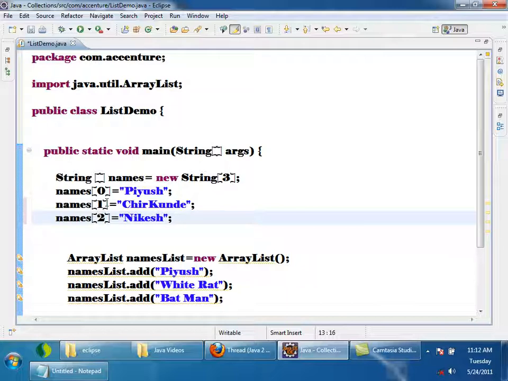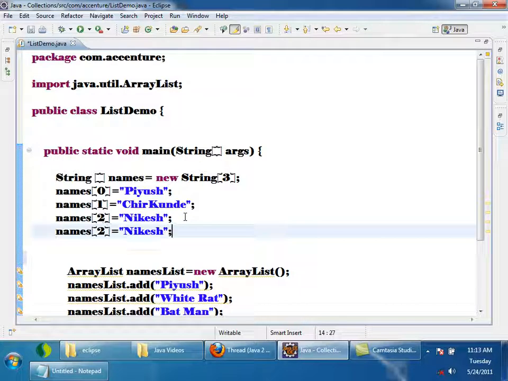Now will I be able to add a fourth name? And names of 3 is equals to, tell me another name. Okay.